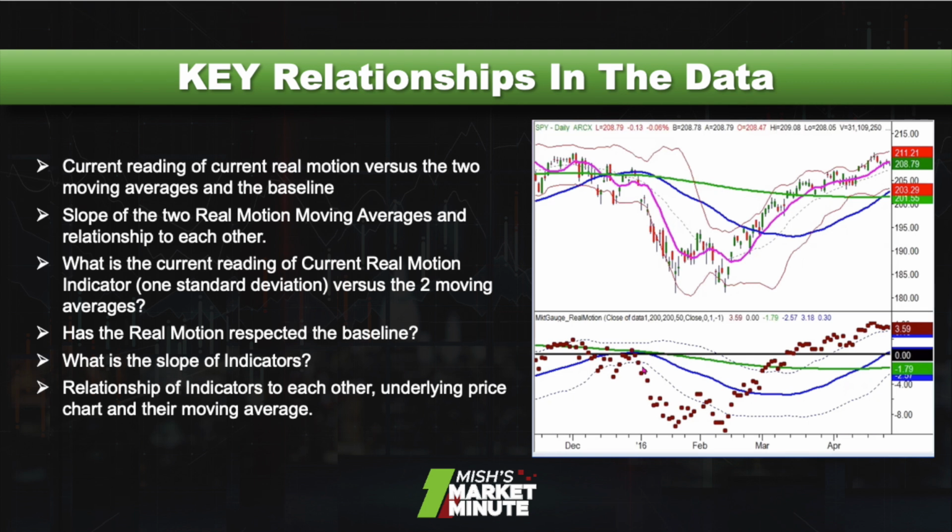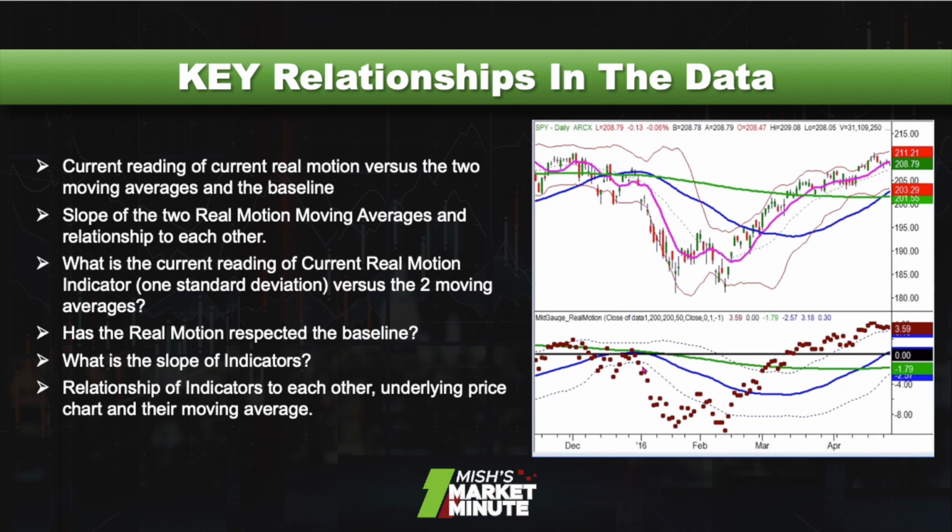So you can see here with the SPY, when everything is lined up, when you have the Bollinger Bands lined up here with the moving average, and you look at the same time at the real motion indicators, what we're looking for is basically what the average price is, what the fast indicators are looking at, what the slower indicators are looking at, the width of the Bollinger Bands using that one standard deviation, and how that relates to the actual